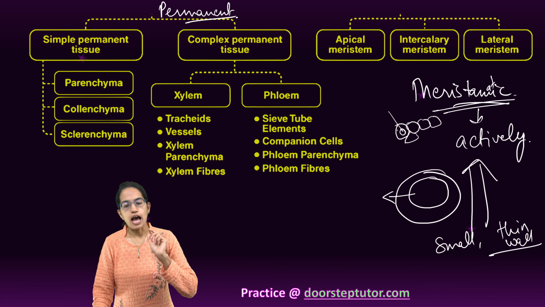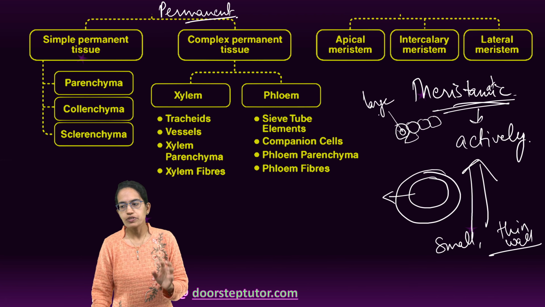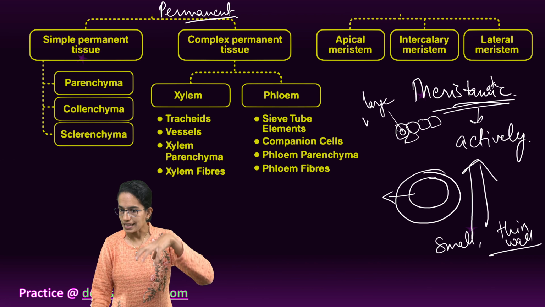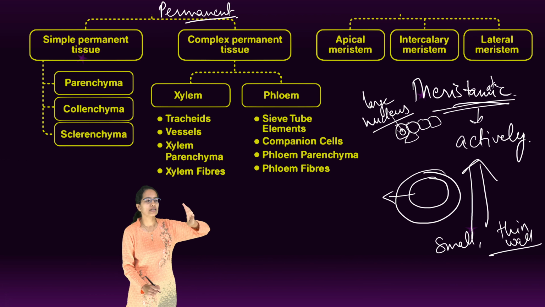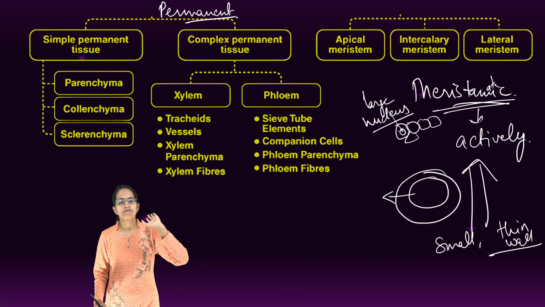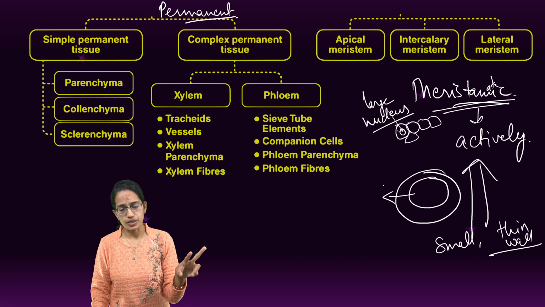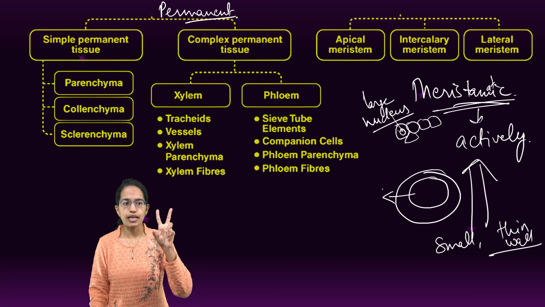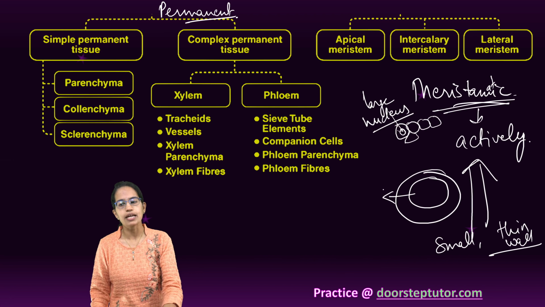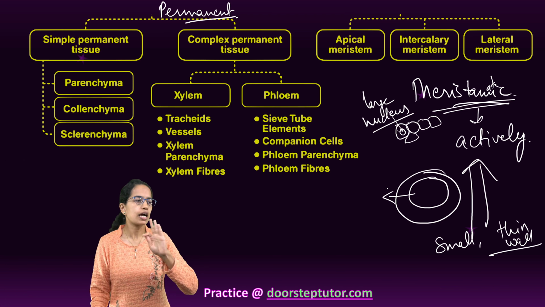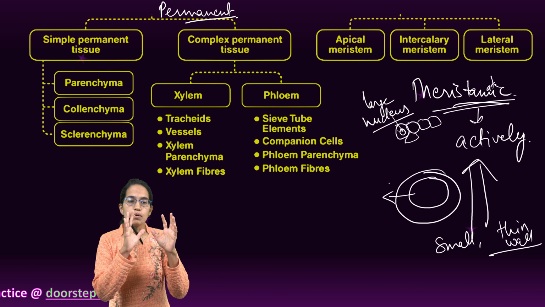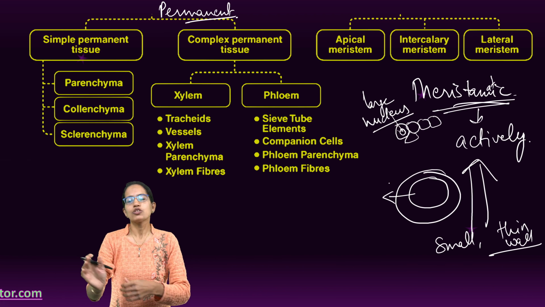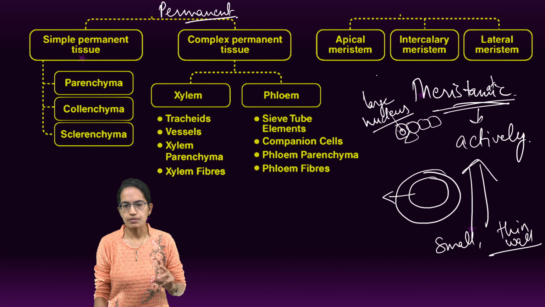Meristematic tissues have a large nucleus which is actually in the center. However, in the case of permanent tissue, there is a small nucleus on the peripheral side. That's one of the very important differences between meristematic and permanent. Besides the fact that meristematic are actively dividing, permanent are not actively dividing cells, and permanent tissues form the bulk of the plant. Right? So, meristematic tissues can be of three types: apical, intercalary and lateral.